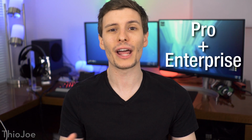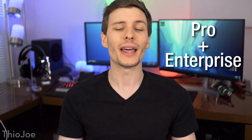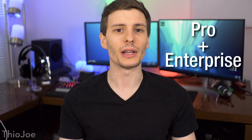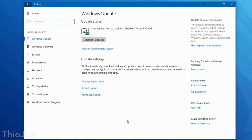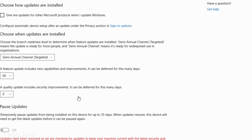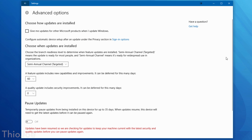But one question you're going to have to ask is, can you personally delay updates in the first place? Because this will depend on your version of Windows. Now, if you have Pro or Enterprise version of Windows 10, then yes, you have a lot of leeway when you can delay updates. So for example, if you go to the update options, you can go to advanced options, and you'll see a whole menu of when you want to delay updates, which kind,